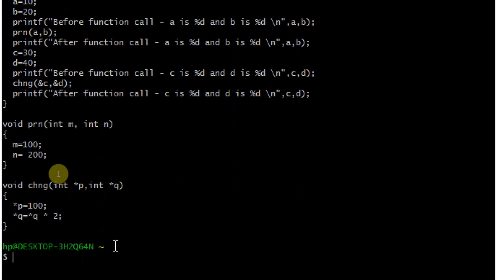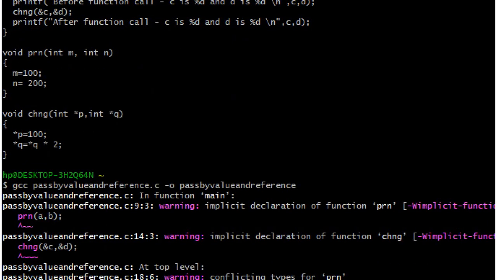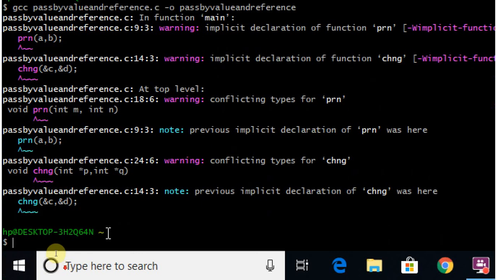Let's compile it. I am using GCC compiler for compiling my programs. See, no error, only warning, and that is also related to the function prototypes only, doesn't matter.